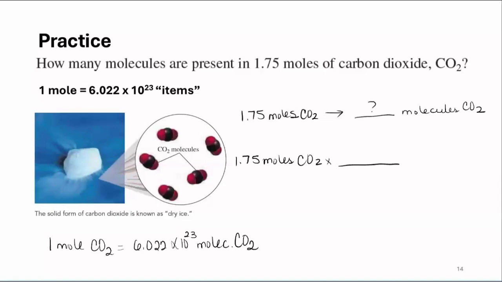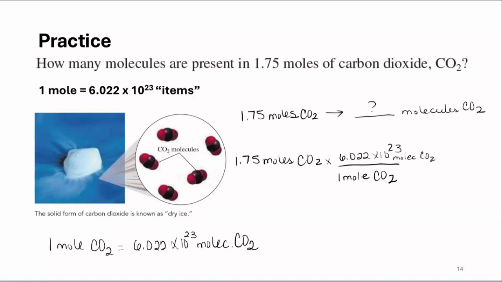Then I can take this equality and convert it into a fraction and find the correct result. Since I want to cancel the unit of moles, then in the bottom of this fraction, I'm going to write 1 mole of CO2. On the top, I'm going to write what 1 mole of CO2 equals, which is 6.022 times 10 to the 23rd